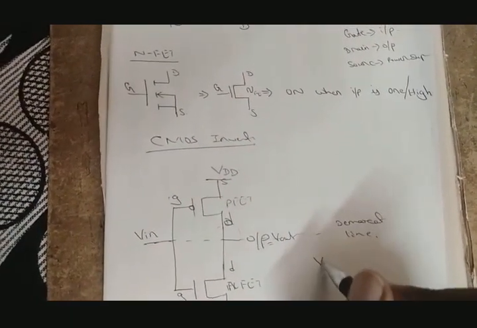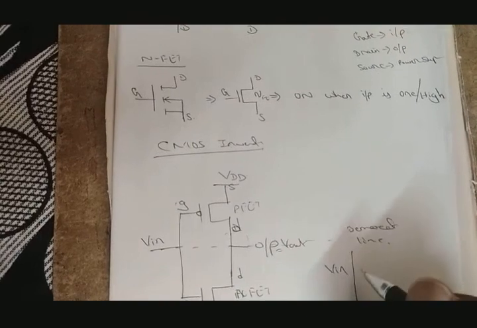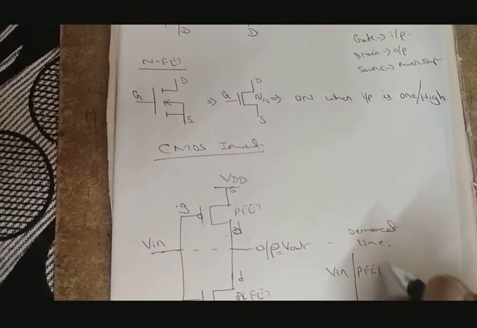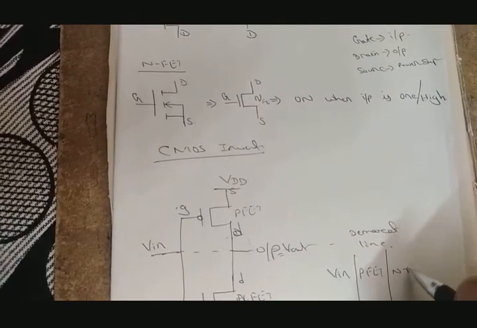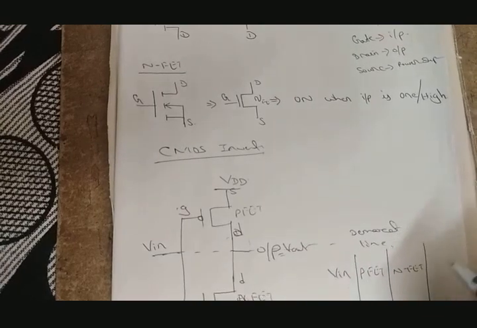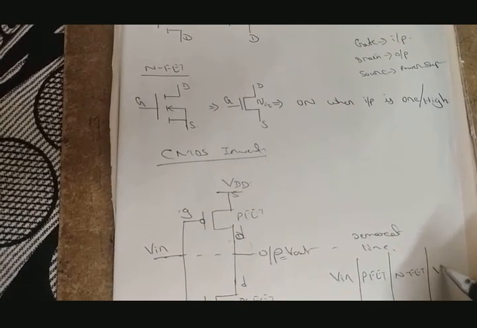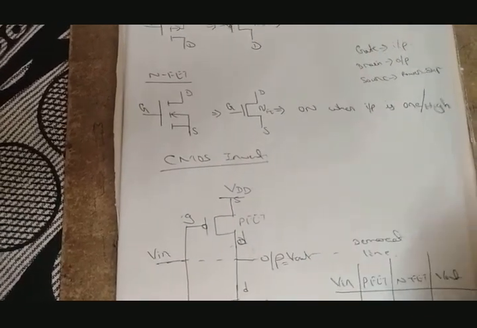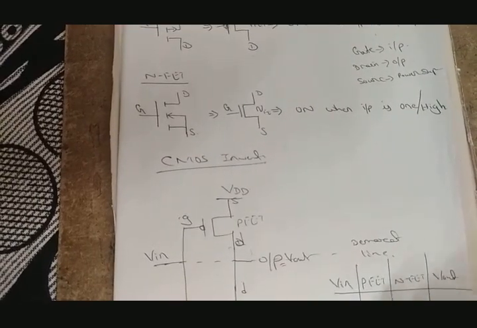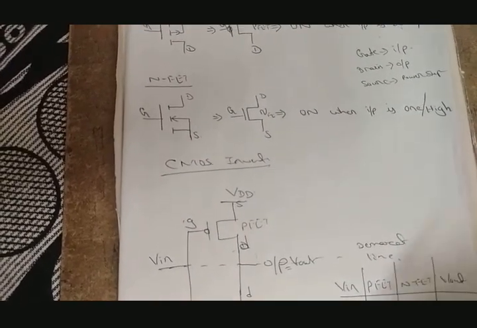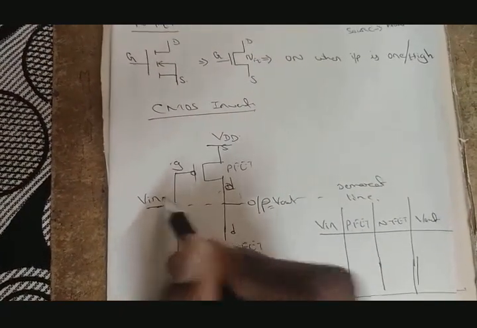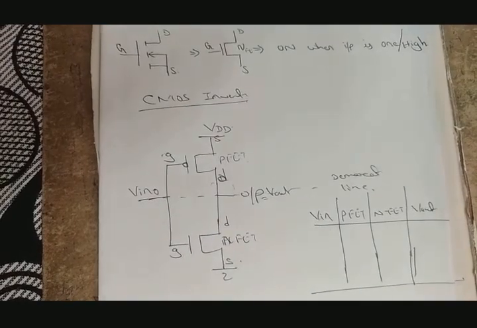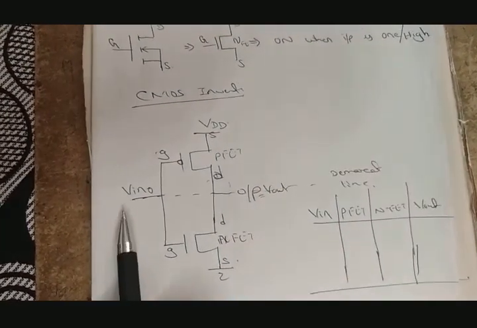Okay, next we'll form the truth table. So as we know, for V in, we'll take the PFET, NFET, and this one is my V out. So this one is the table. We'll check what the operation will be and which device will be on and which device will be off. When V in is equal to 0,